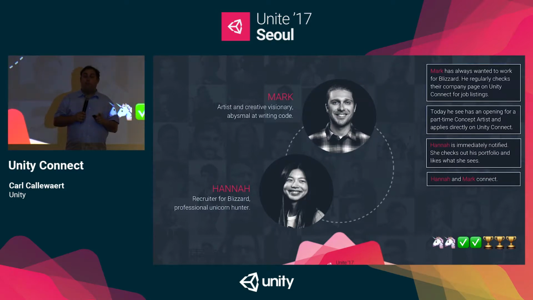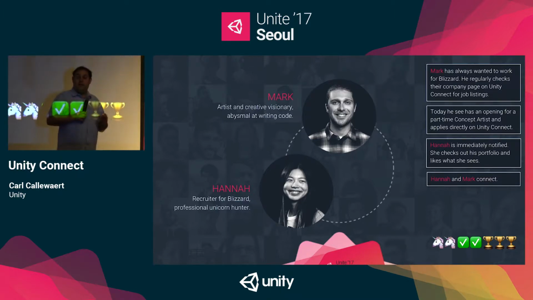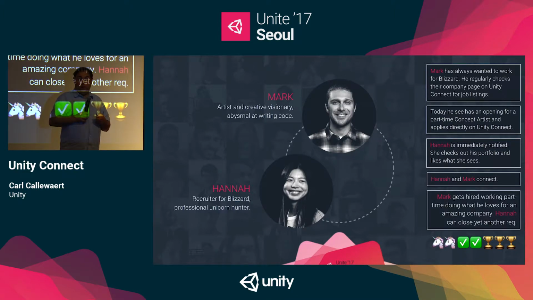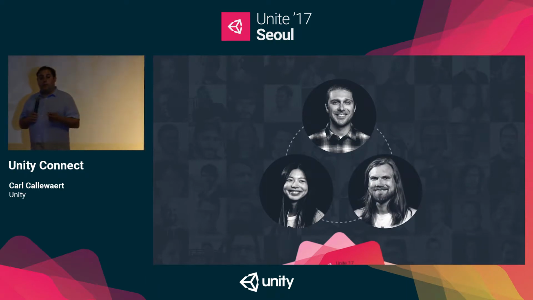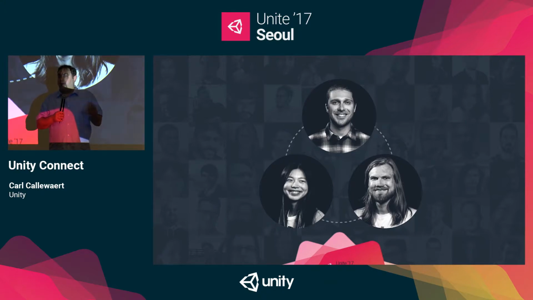And it gets even more interesting now, because through Anthony, she found Mark. Mark got hired. Mark didn't want to have a full-time job. He put in his profile, part-time job. So she accepted that, and he got into Blizzard as a part-time programmer. And if you think about that, this is the power of Connect, because all three are connected and sharing their experiences. And basically it's word of mouth, advertising for each other.